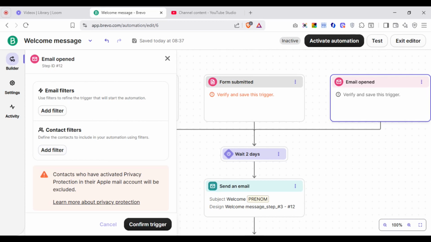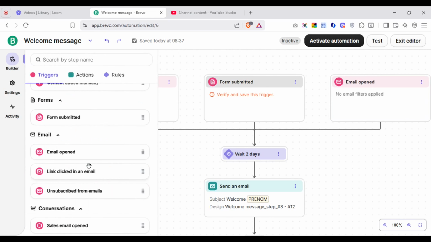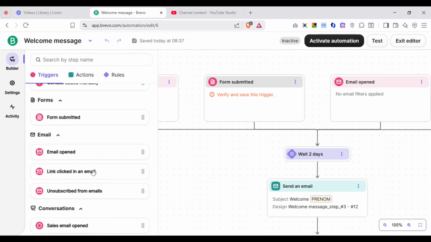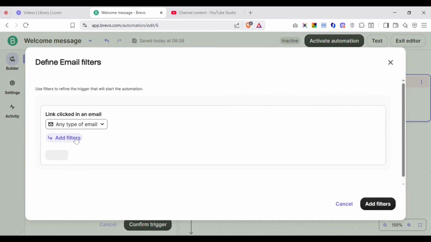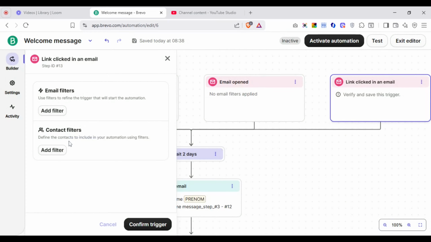We do not want to check for every one of the contacts. We just want to check the contacts that are from Nigeria. If they are from Nigeria and they open a specific email, then this workflow will be triggered. And also you can check for the link that is clicked in an email. For that, you can do the same thing you did for a contact opening the email. You can set the filter for the email and pick whatever email you want to add. And you can also check for the contact filters. You can check for contacts that are coming from Nigeria or from the USA or from Ghana, wherever they are coming from. So after you are done with all of those filters, just click on